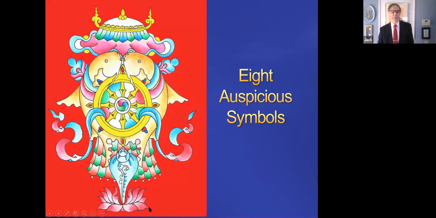Well, we'll work our way up from the bottom. There's the lotus flower. There's our conch shell. There's our banner of victory. There's our Dharma, the wheel of law, and there's our fishes, right? There's our parasol that's up there. Now, where's our endless knot? I haven't been able to find that in here anyplace. Maybe this is supposed to represent it here.